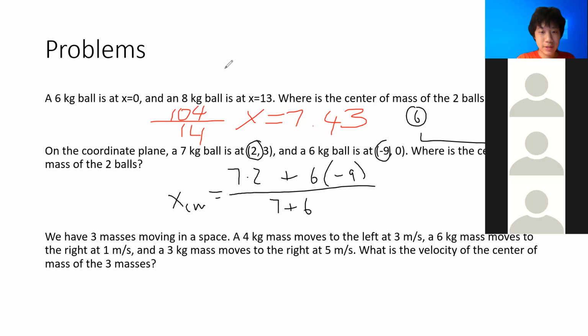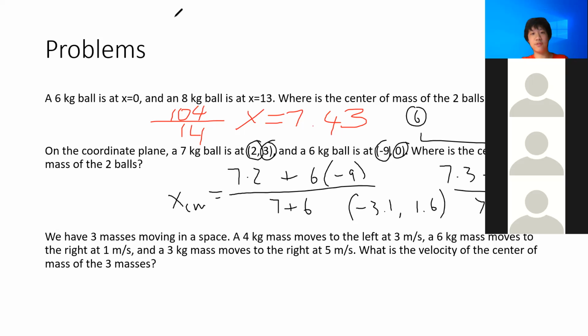And then for y, we just take 3 and 0. 7 times 3 plus 6 times 0 over 7 plus 6. And if you were to solve each of these, you would get negative 3.1, 1.6. That would be the coordinate of the center of mass. Okay? Now for the last problem, we have 3 masses moving, and the 4 kilogram mass is moving to the